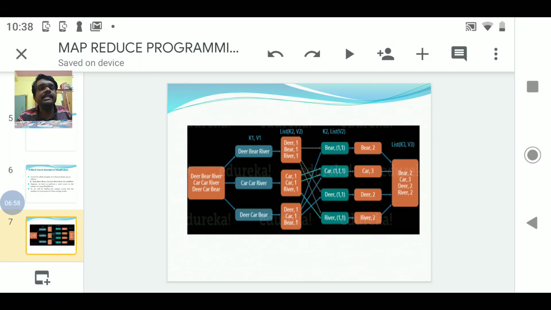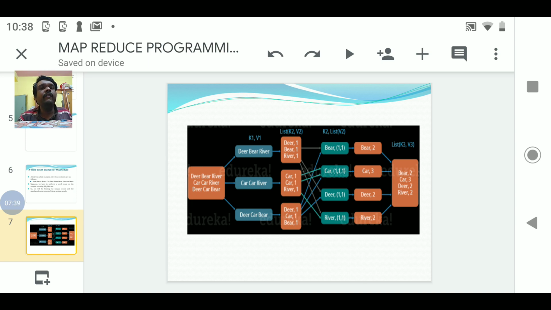So here you can see the scenario. You are going to have 3 lines of text, and this is the input file, and you assume that the three lines of text are split into 3 files, and I'm calling them 1.txt, 2.txt and 3.txt. And what is the content of each file? Every line itself. So we can say that deer, bear and river are stored in the first file, and the next line is stored in the next file, and the third line is stored in the third file.